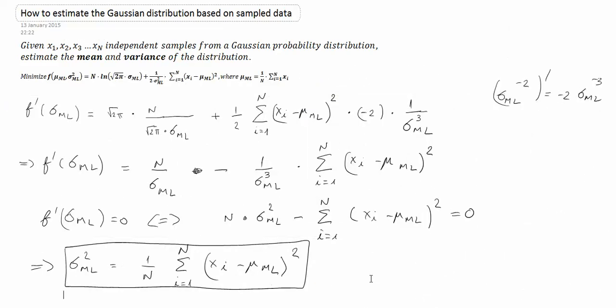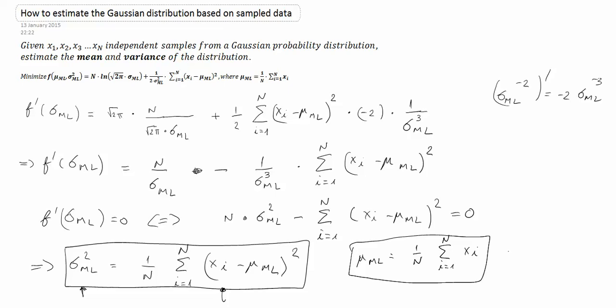Good. Now the problem is, how do we know whether this is a good estimate or not? Well, the variance depends on a bunch of variables that are drawn from a probability distribution. And remember, mu ml also depends on a bunch of variables that are drawn from a probability distribution. All these values